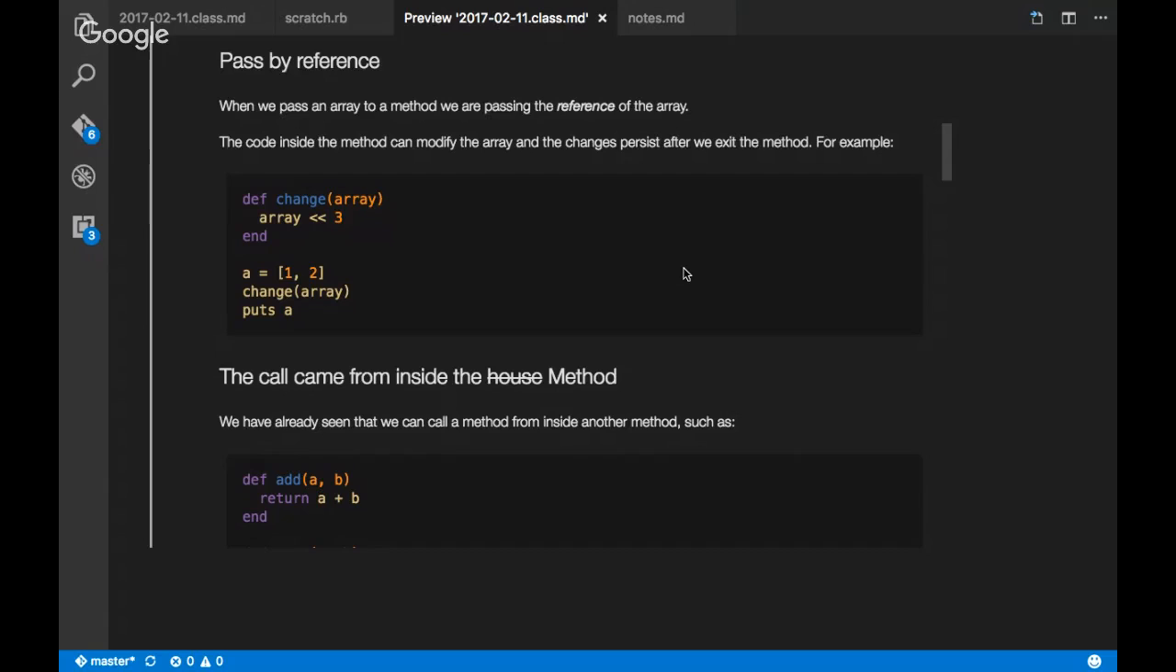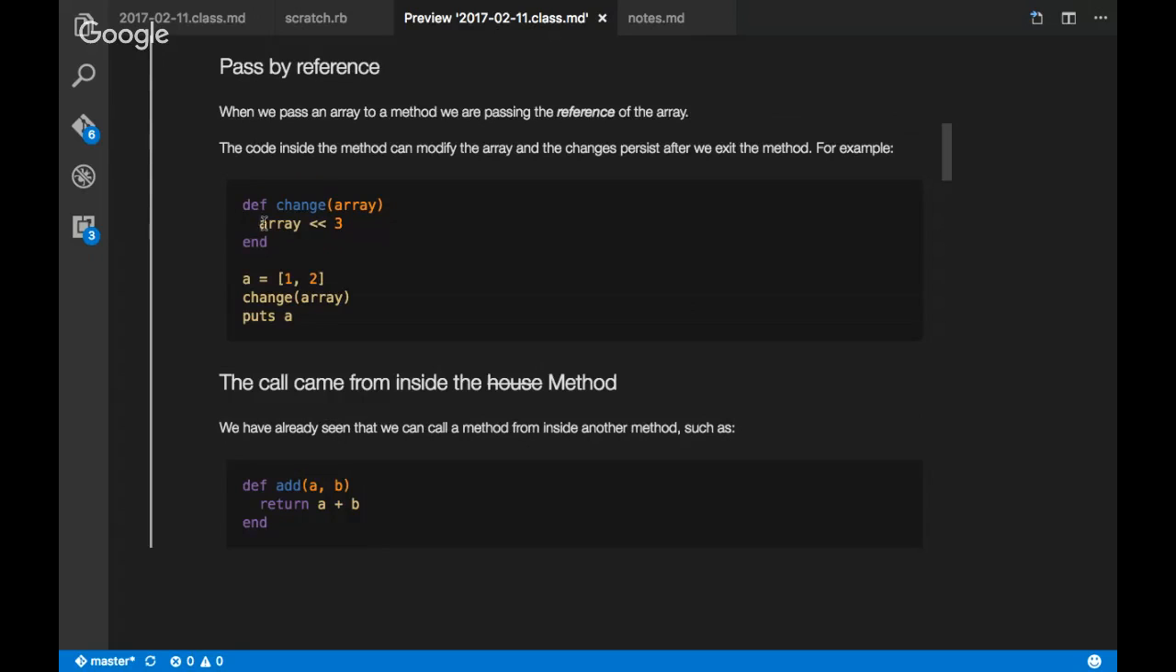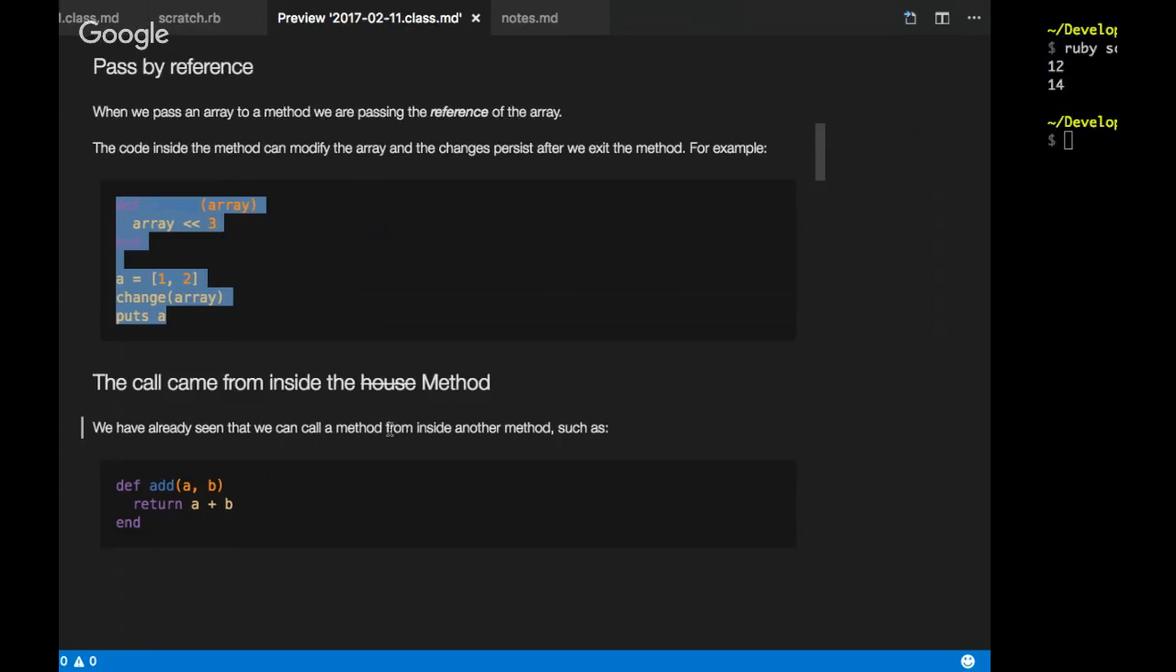Okay, I think that covers pass by reference well. I would discourage changing the actual item. I encourage trying to return something new, but sometimes there is some value in it. This is a very small example of being able to write a piece of code that changes the